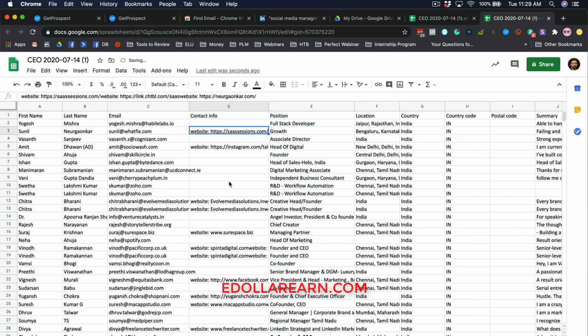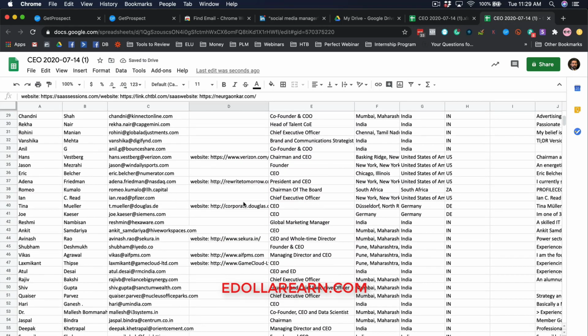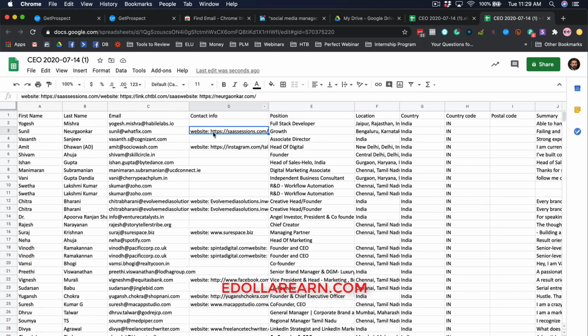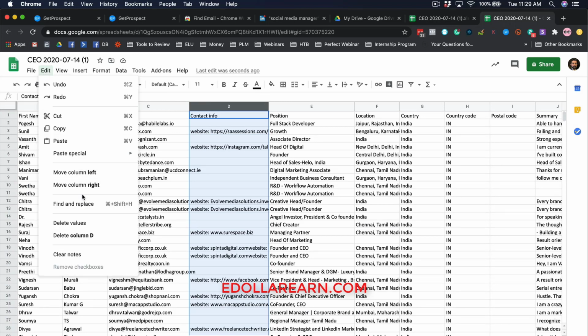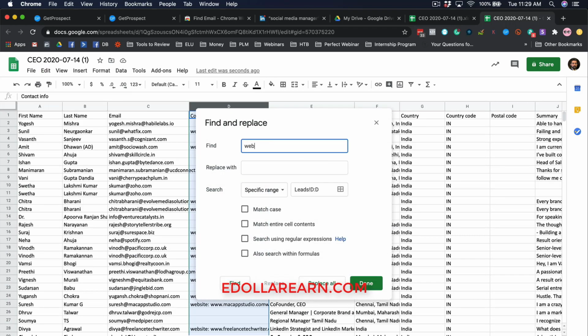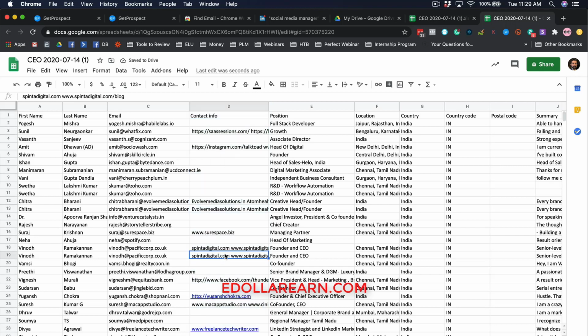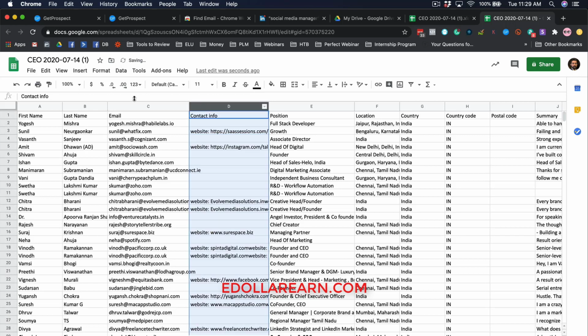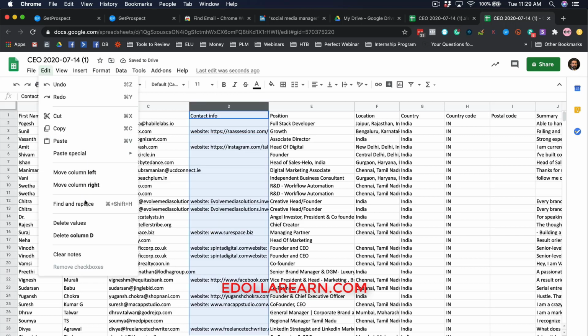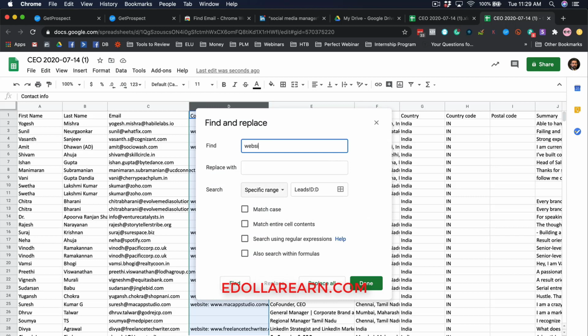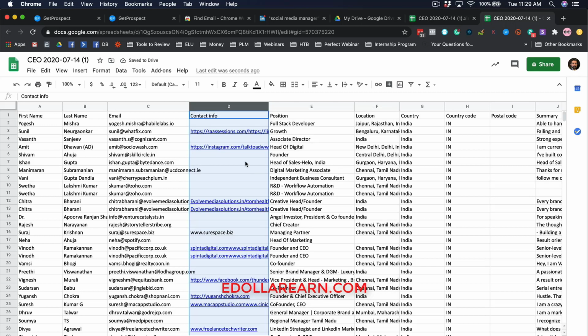And if I'm sending out a mail to them, and I don't want the website thing involved there, then I can just do a find and replace. So I will go to find and replace, and I will just say website semicolon, replace with none. Click on replace all, and then all the website semicolon will go away. So this will help you clean the entire thing. And in fact, I will just do it with website semicolon space. Click on replace all. So here now you can see the raw links without the website semicolon.